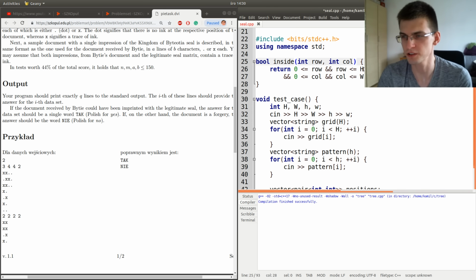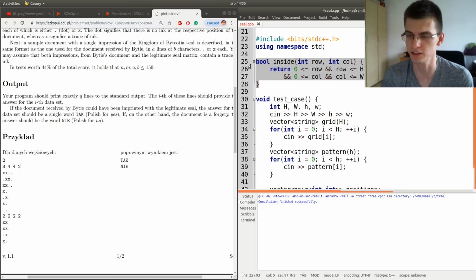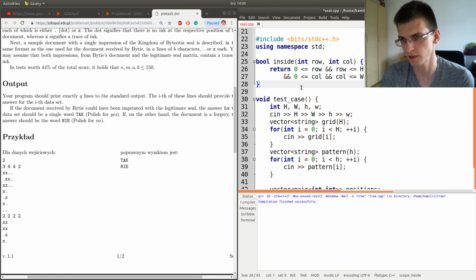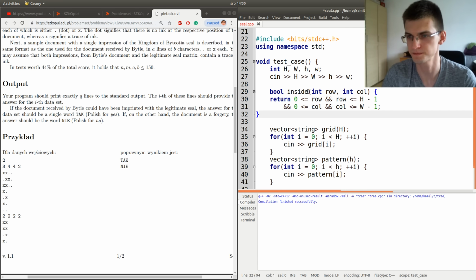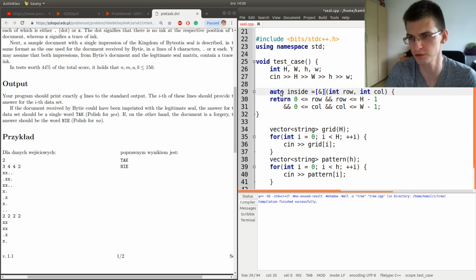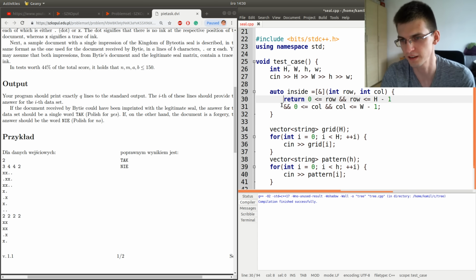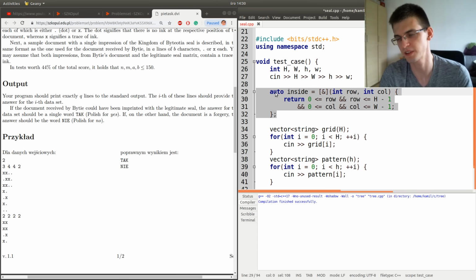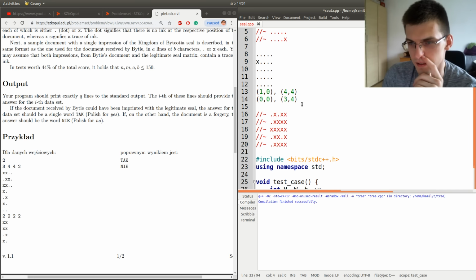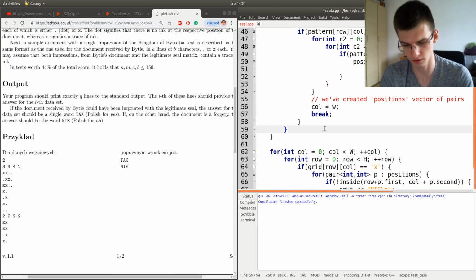And here we would also have to let this function know h and w. So here we could pass it or make this global. What I will do instead in C++ is make this function local. But if you don't know how to do it in C++, you don't have to. It isn't important. Okay, so this is the same function, just written inside some other function. And let's remove this, and I think we can compile our function.